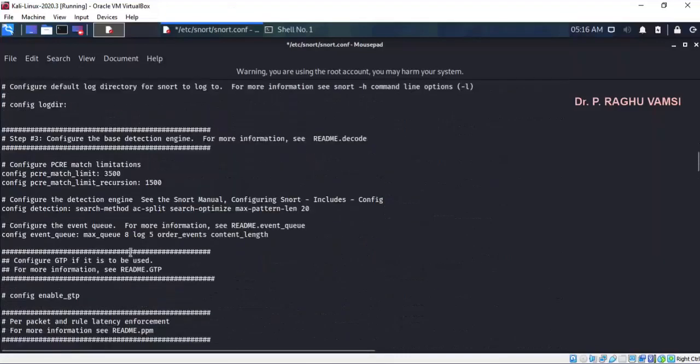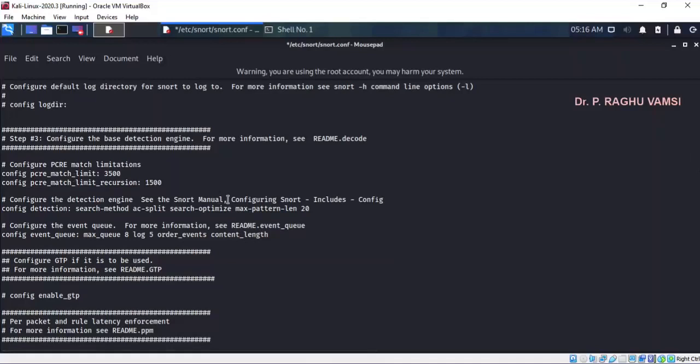Next, you can configure the base detection engine. For the base detection engine, don't make any changes, because whenever the packets are coming, it cannot process them as they are. So instead, what they do is keep a buffer.